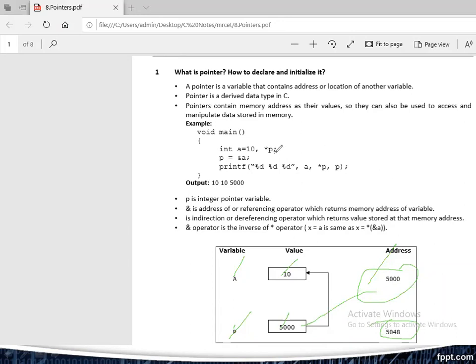Okay, now let us verify. Here you can see one new symbol, star P. Whenever you want to declare any pointer variable, there are two symbols you have to use, especially star and ampersand. Ampersand is the address value.